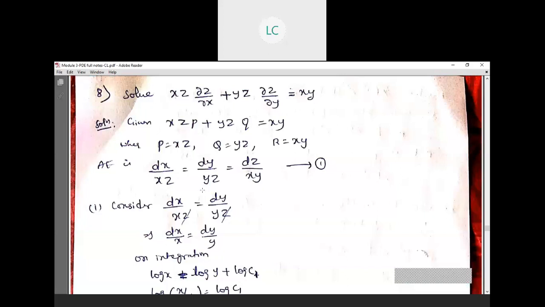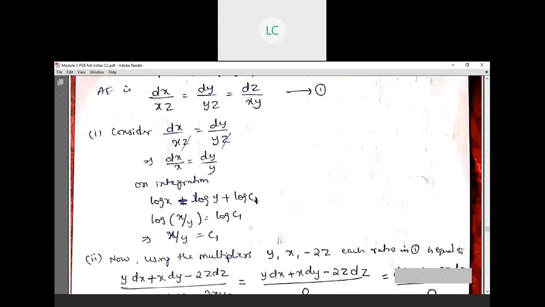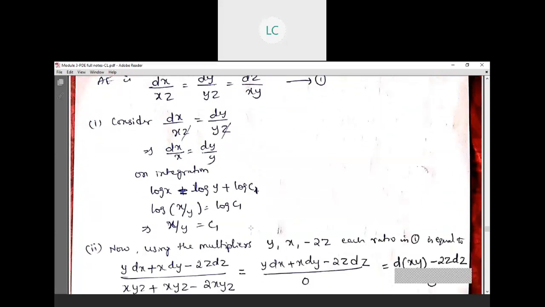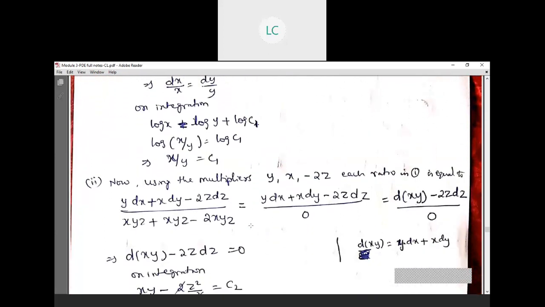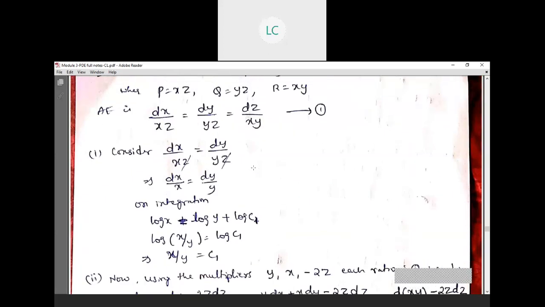See, by using the first pair, that is dx by x, z gets cancelled. dx by x equal to dy by y. Log x is equal to log y plus log c1, or x by y equal to c1. x by y is u. Now we should find out v, right? To find out v, we should go for